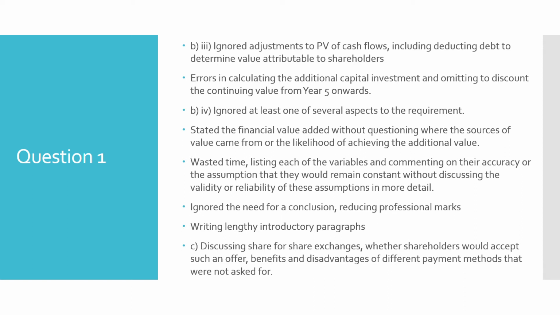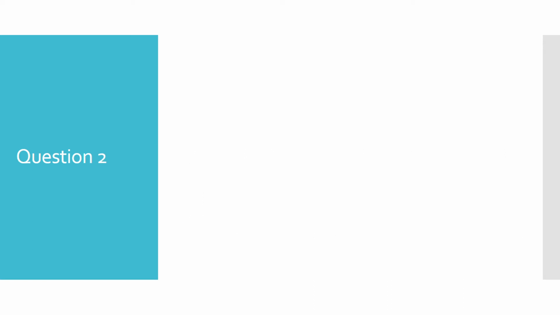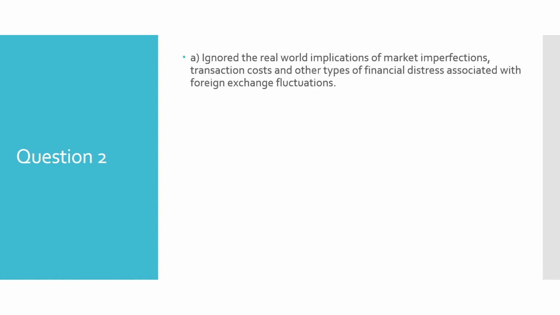Now let's go to question 2. Question 2 is about hedging. It's about exchange rate risk. The first part asked about the rationale for communicating the policy of hedging to the stakeholders, and the reasons for hedging. So in this, what happened is the A part ignored the real world implications of market imperfections, transaction cost, and other types of financial distress associated with foreign